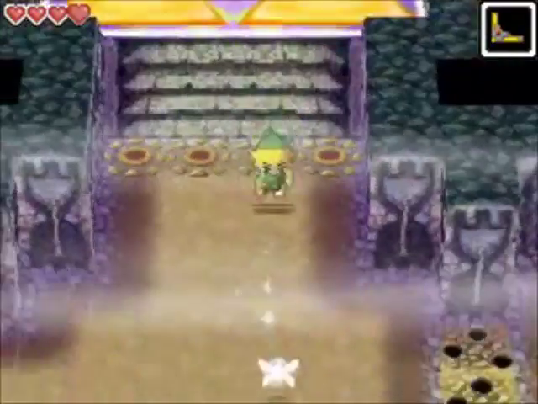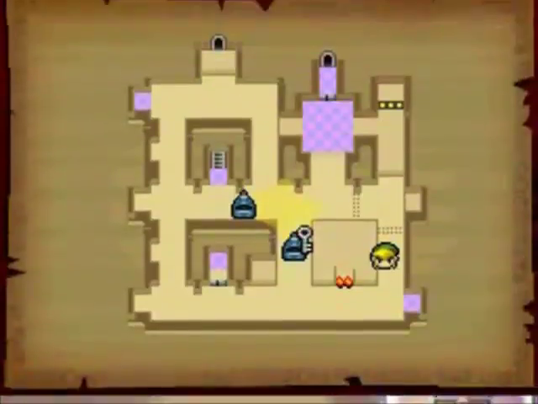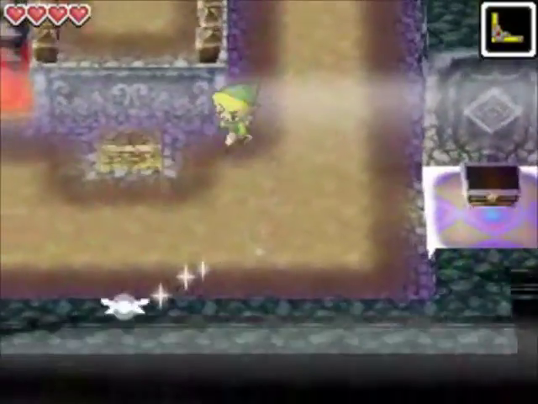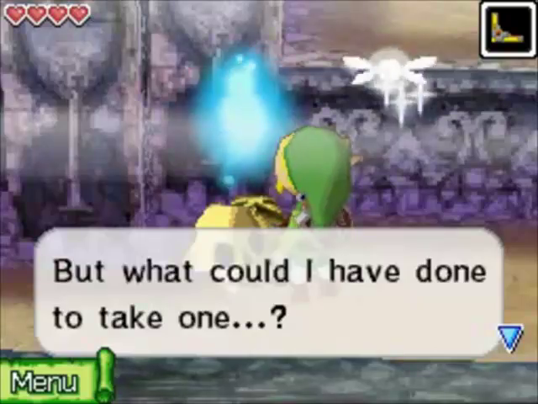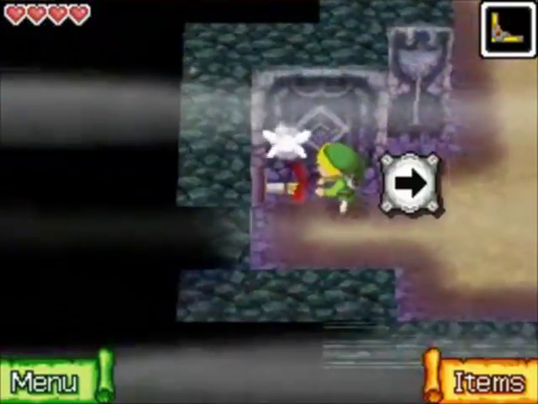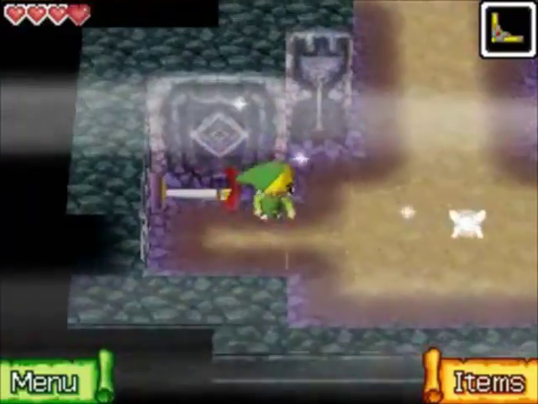And now we just have one more force gem left. So what you're going to want to do is avoid the phantom. You can see that this phantom here has a key, so we have to get the key from him somehow. What you can do, you can shoot your boomerang at him and he'll drop the key, but a better way to do it is come over here, pull this switch. It's going to put out these flames over there,